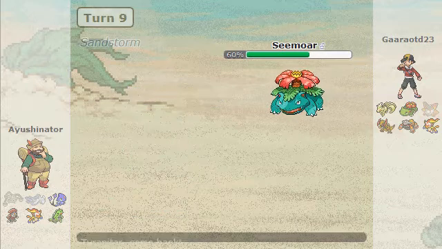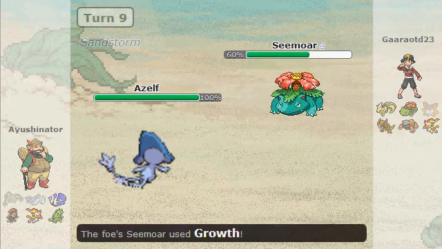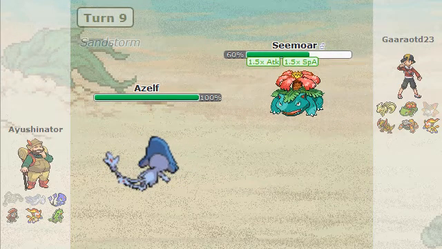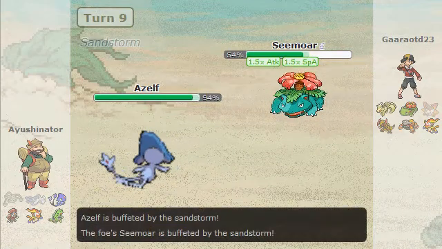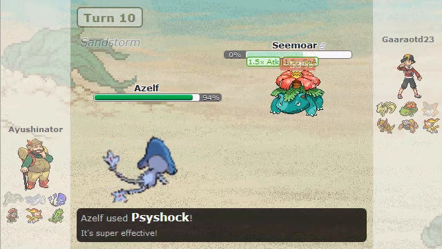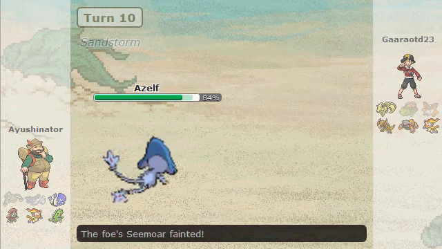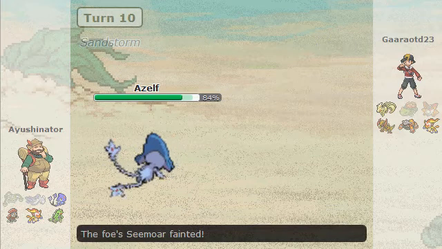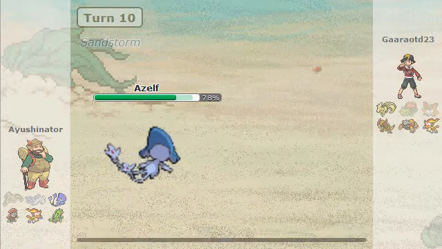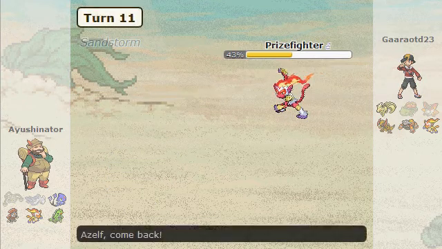He switches into Tyranitar to get the sand up. That way I can't use the Solar Beam. So I go for the Sleep Powder just to put something to sleep. And then here I go for Growth, I believe, as he takes the Tyranitar out into the Azelf. Excuse me, as he takes the Tyranitar out to the Azelf. And the Azelf, I didn't know why I stayed in. I should have switched out to Heatran here to take the obvious